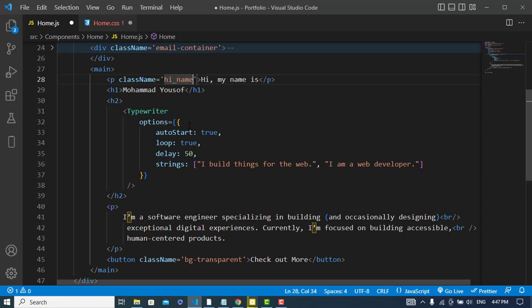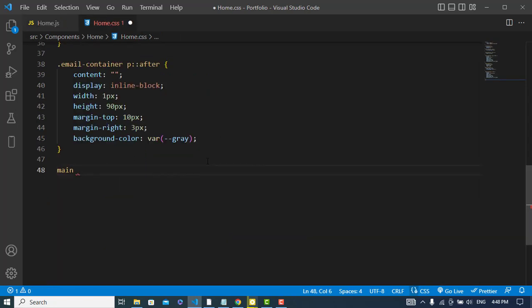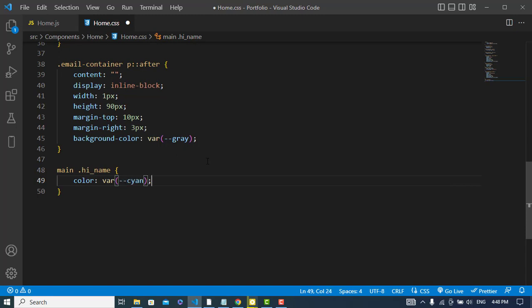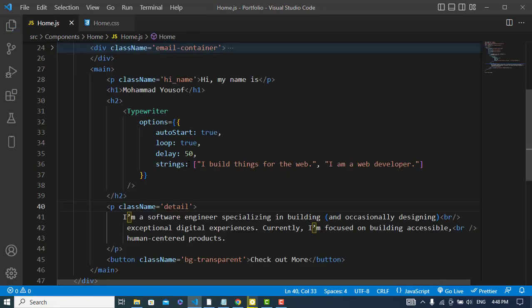Then we have h2 tag, h1, h2, and detail, and also the button. Hi name color would be variable cyan, and the color of h1 tag, yeah, this should be white, text white,